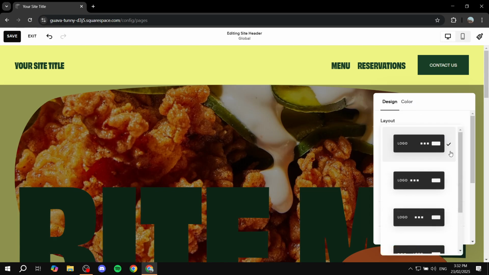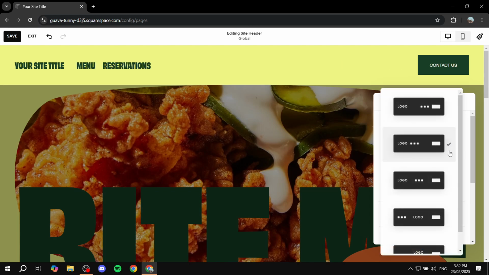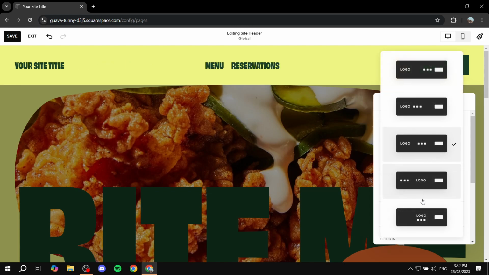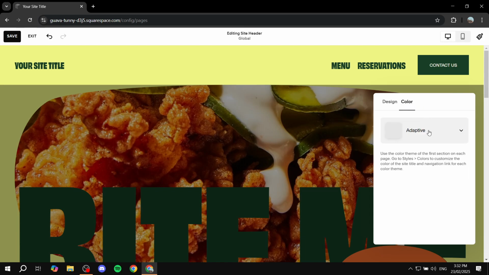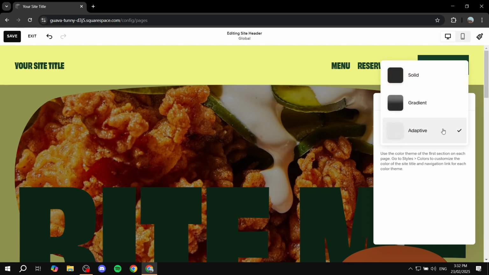But first, you can also feel free to change the layout for your header if you want to change things around. But I'm just going to keep it as it is. We want to go to color here, and it's going to be either adaptive, gradient, or solid. To make things simple, you either want to go for solid, because this is going to